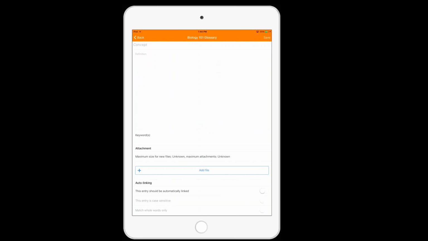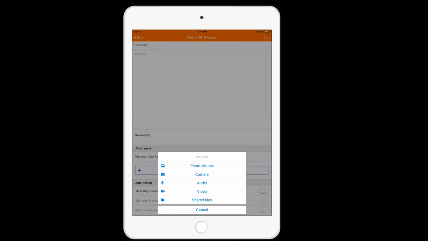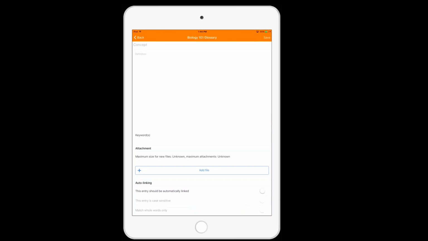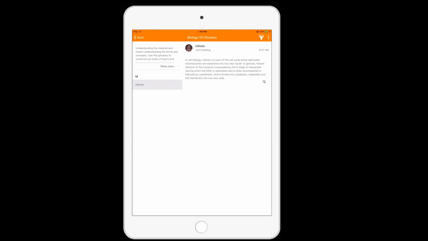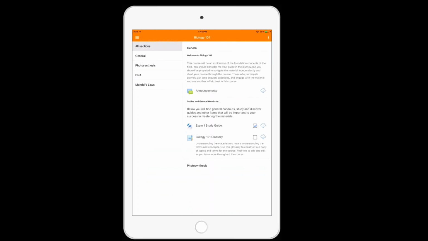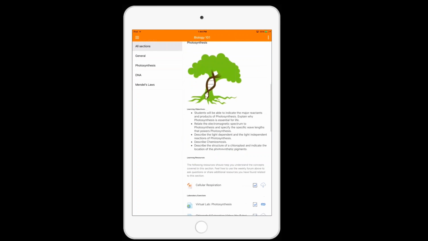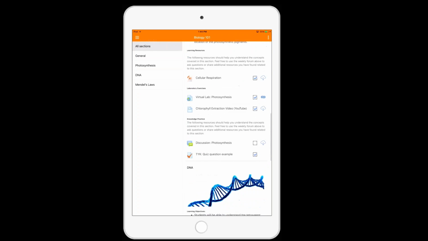And of course, one of the coolest things that those of you who have been watching the Moodle mobile app development over the years, like I have, are probably most excited about is this integration with the actual device. So being able to select files right off of my device, incorporate those into course content. This is also true for assignment submissions as well. If I back up and head down into one of the assignments,